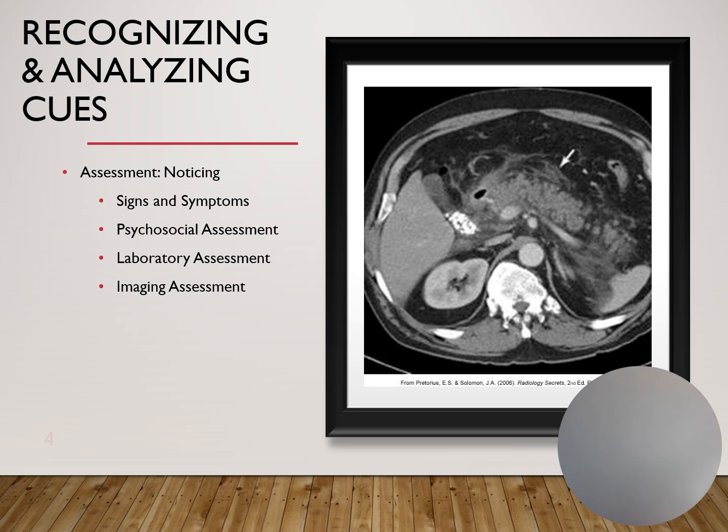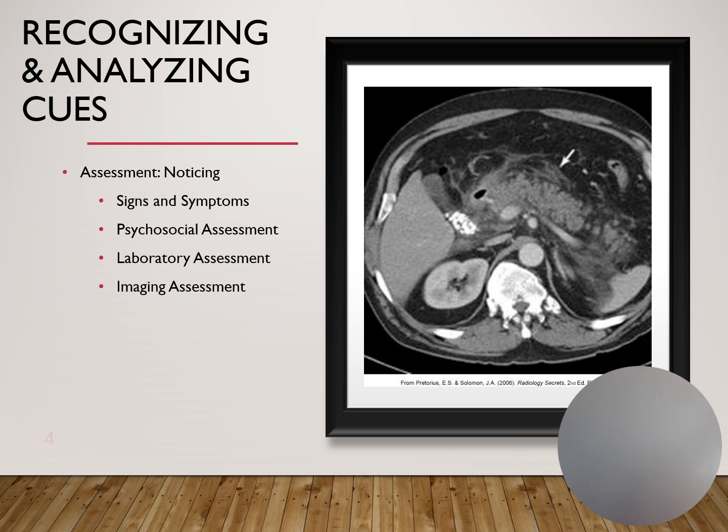So we need to recognize cues, and as we recognize cues, it's also important to understand what potential causes of acute pancreatitis can be. They can be trauma, and this would be from blunt trauma, gunshot, or stab wound. It might be from obstruction, from cysts, tumors, or abscesses. It might be a metabolic issue, such as hyperlipidemia, hyperparathyroidism, and hypercalcemia. It might be renal failure or transplant, gastric or duodenal ulcers, viral infections,